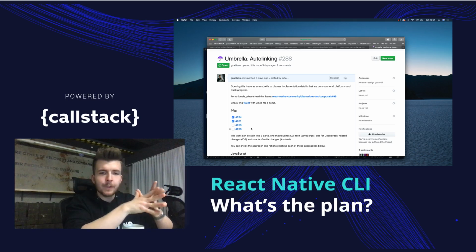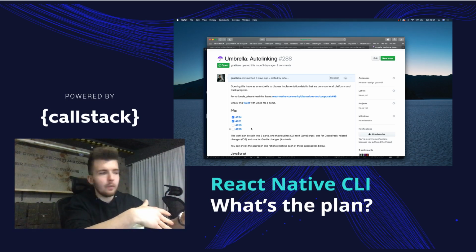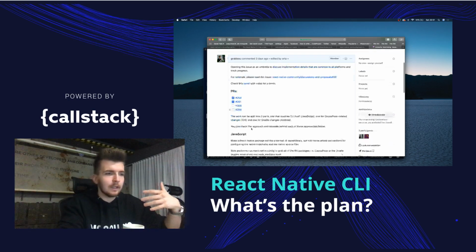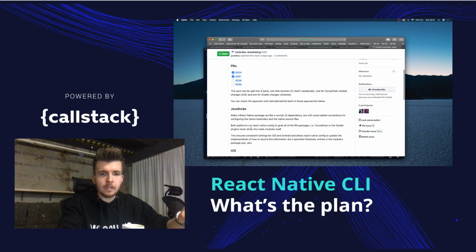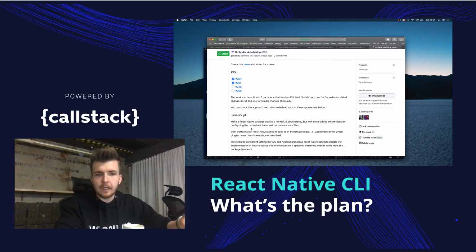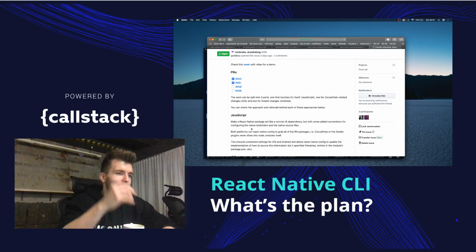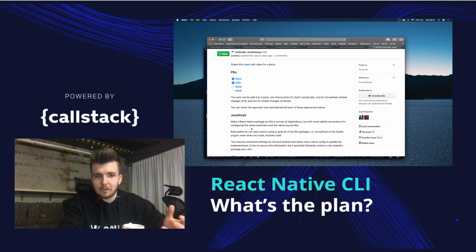The team that works on the auto linking can be divided into 3 parts: the JavaScript one, which is me, the iOS one, which is Orta and Aloy from CocoaPods. Both work at Artsy and are doing great contributions. And they are also creators of CocoaPods, so that's really exciting that we're gonna get some first class support from the team, especially because it's Ruby, and when I heard I'm gonna be coding Ruby, I was already scared,